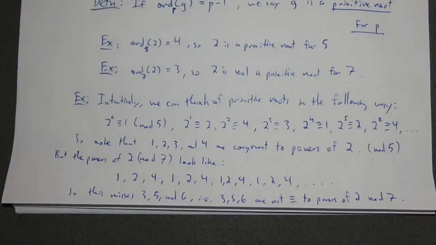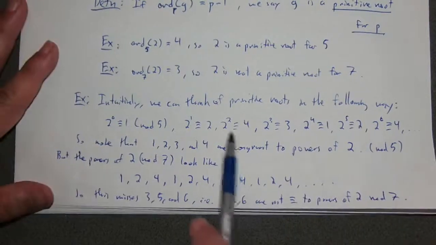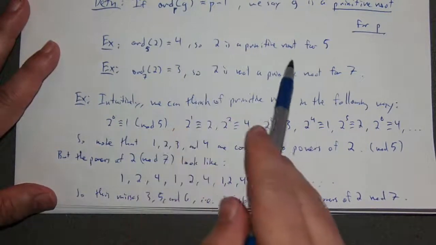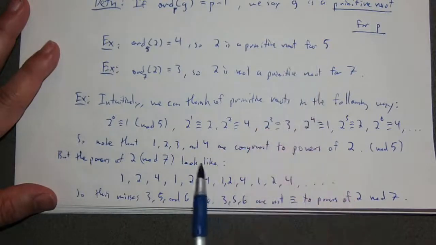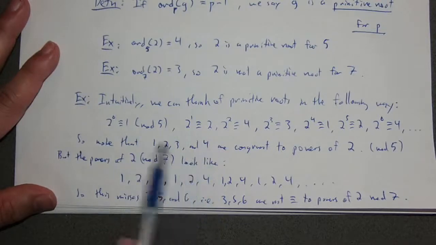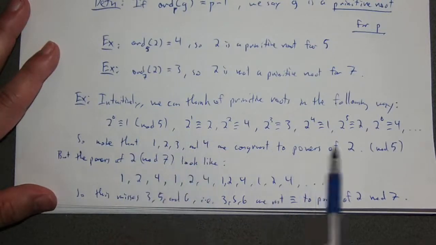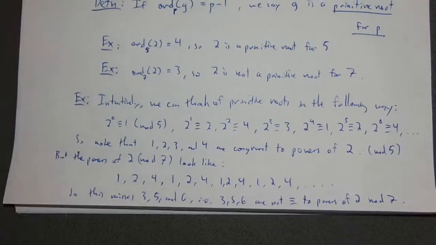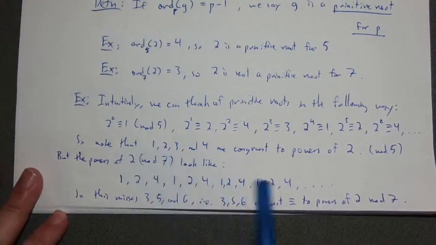Okay. So I claimed that writing this out was a way of thinking about primitive roots. So what way is that? Well, in the first case where we had 2 being a primitive root for 5, we saw that all of the non-zero integers mod 5, so 1, 2, 3, and 4, were all congruent to a power of 2. Thinking about it in another way, you could generate any non-zero integer mod 5 by just taking 2 and exponentiating it to some power, right? So taking 2, raising it to some power, gives you every non-zero element mod 5,